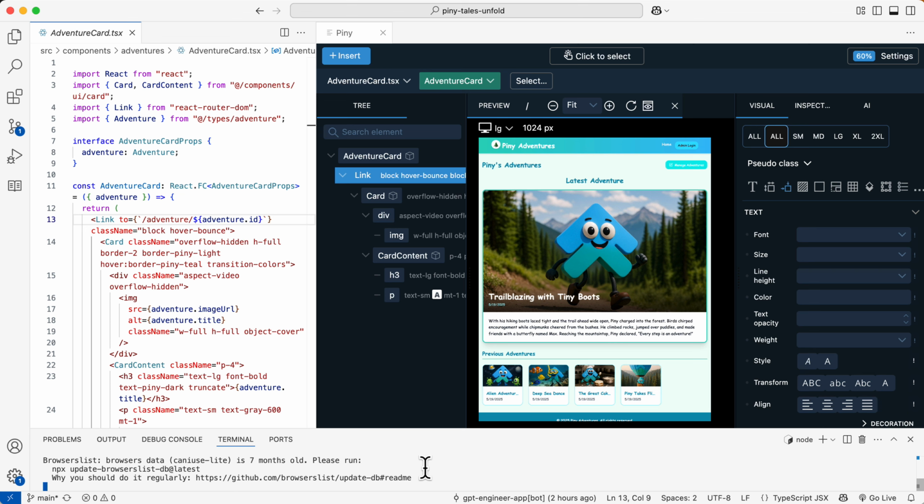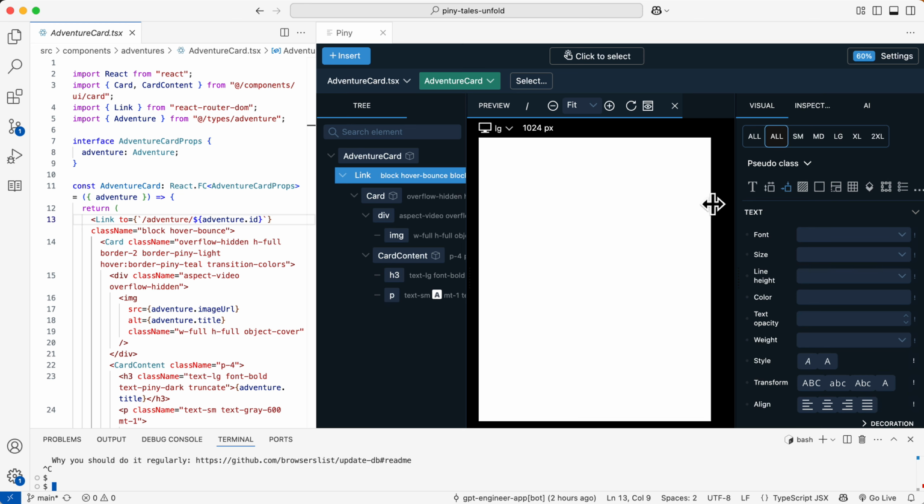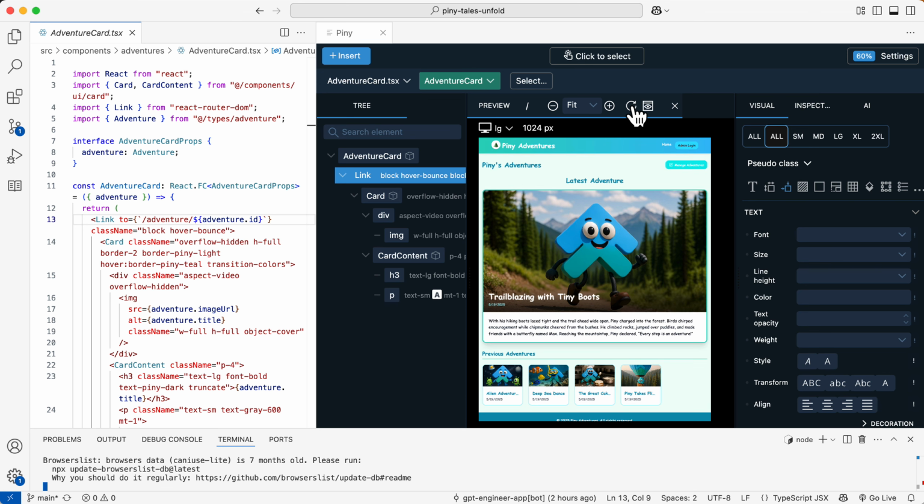Now we automatically got the display of our application in this preview. But there can be two reasons why this is not displayed. One simple reason can be that the development server is not running. Then when we open Piny, nothing is shown. So we have to run npm run dev. We have to run the development server. And then after we run it, we have to refresh the page view to see the